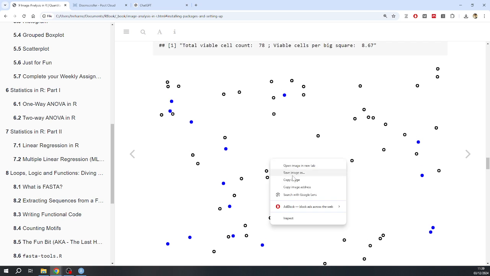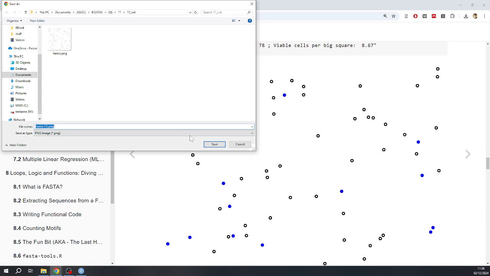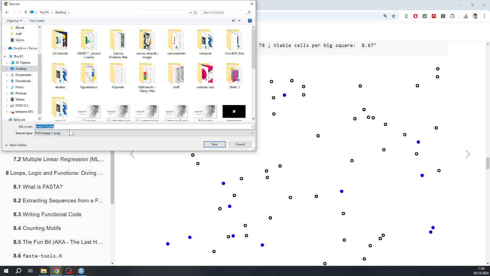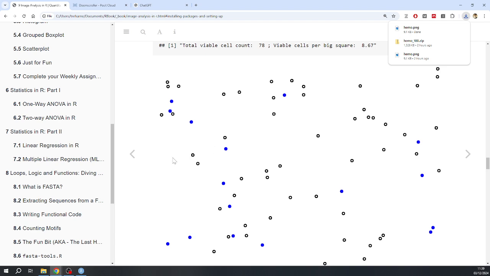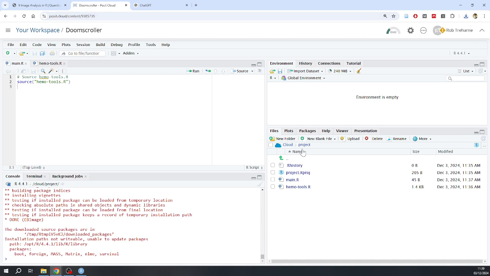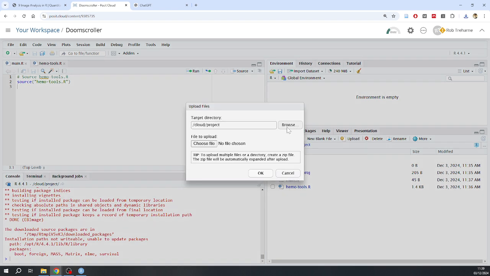Come on, let's do a proper job. We're going to save the image. Save it somewhere on your desktop, hemo.png. Now, because we're using Posit Cloud, we need to also upload it into our Posit environment. So there's a button here which you can't see in RStudio usually, but on Posit Cloud you can. Let's click Upload, browse,